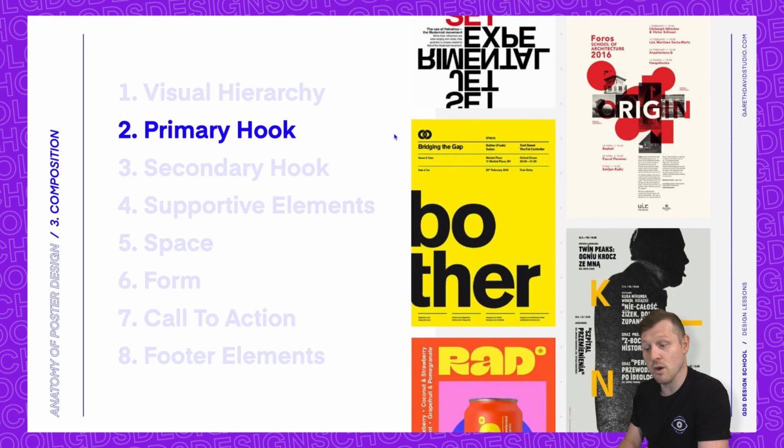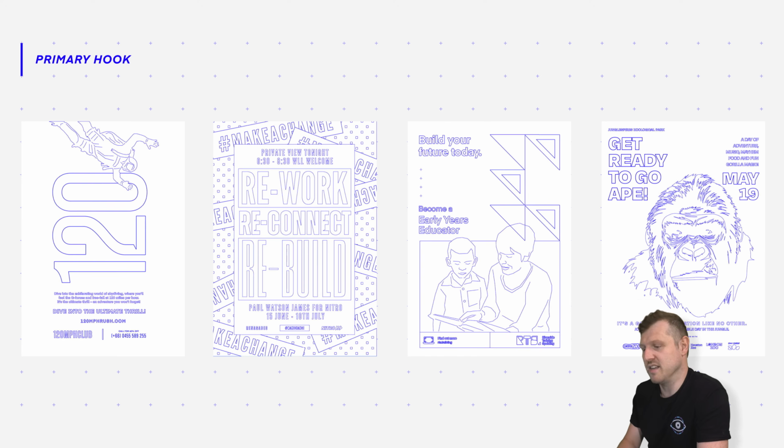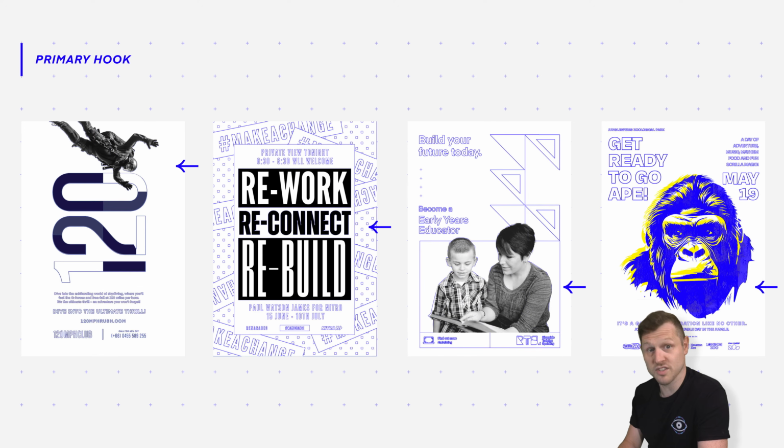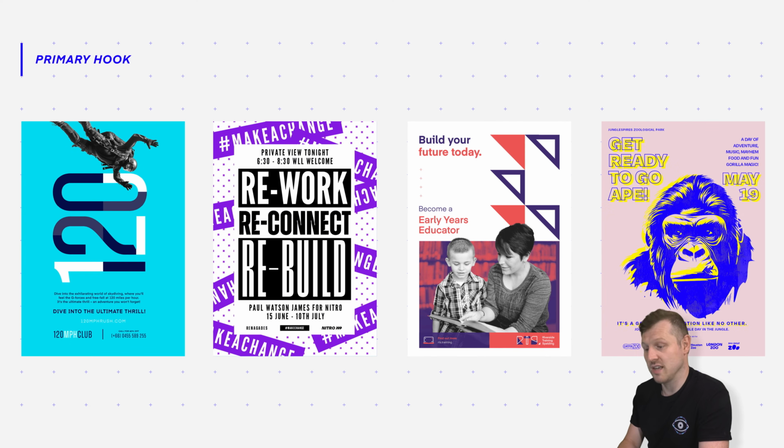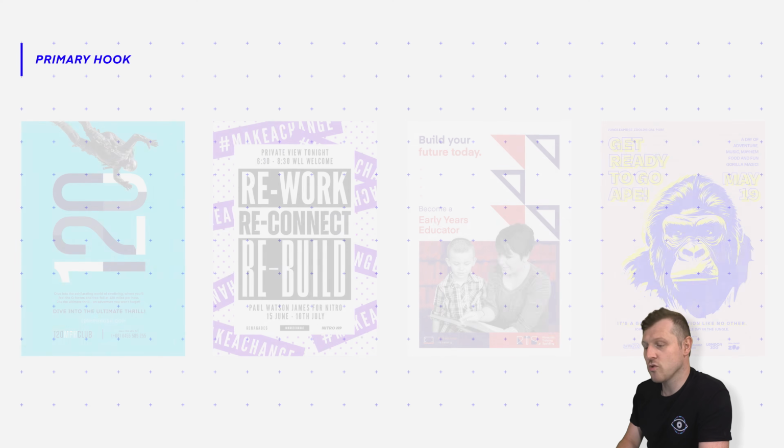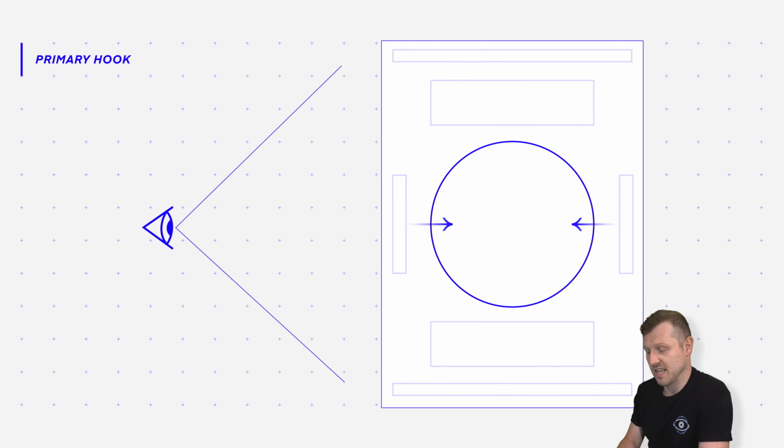So the first part of visual hierarchy starts with the primary hook. The primary hook in poster design is the attention magnet, and typically the first thing one will see. In poster design, this can take the form of an image or typography in the form of a title or headline in an eye-catching, bold display font. The primary hook is the captivating element that draws viewers in, leaving a lasting impression. A compelling hook makes the poster unforgettable and impactful.